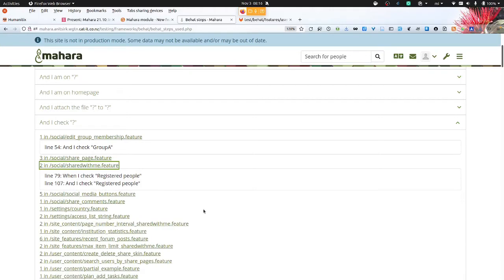So that then also helps you to go directly to those Behat files, look at the line, and then see the context, so that you can check out what is actually being done there, helping you to create your own tests. And you're very welcome to write your own tests.